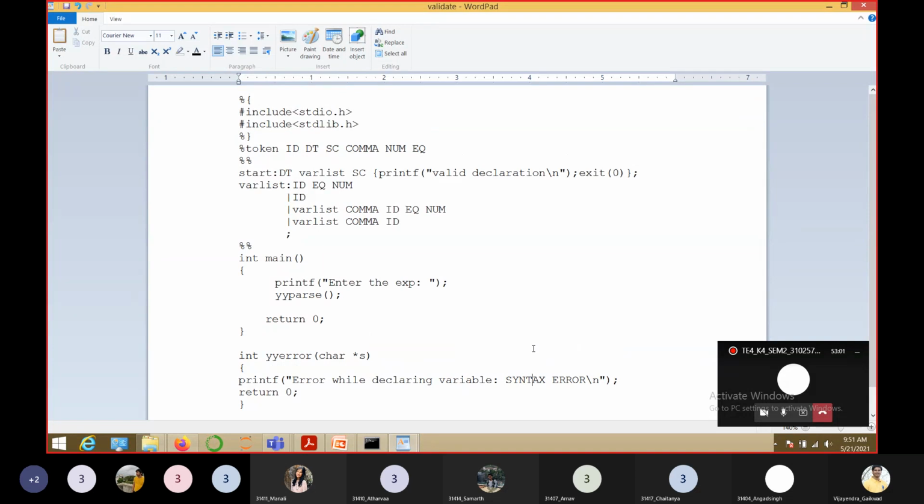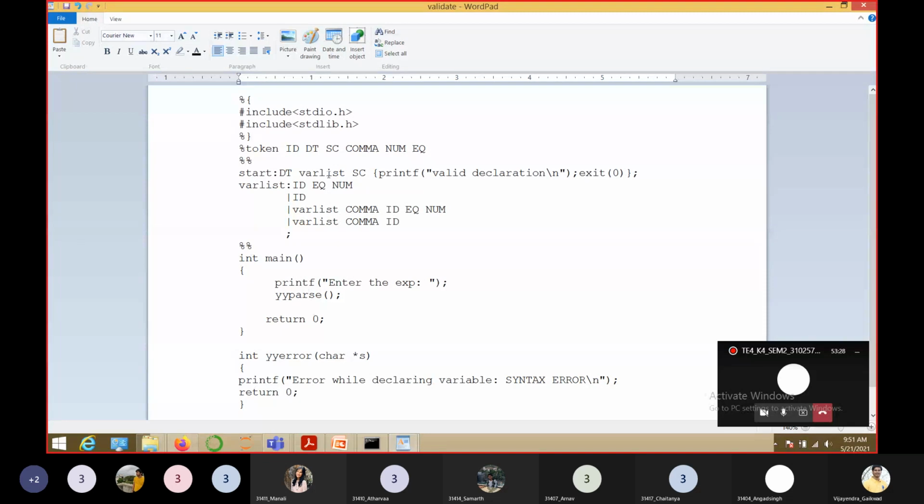So the flow will be like this. Your main function will ask you to enter an expression. You will provide a Java declaration statement as input. Then the yyparse function automatically calls the yylex function. It will perform the lexical analysis, and all the tokens will be generated and provided as input to the syntax analyzer, that means the .y file.